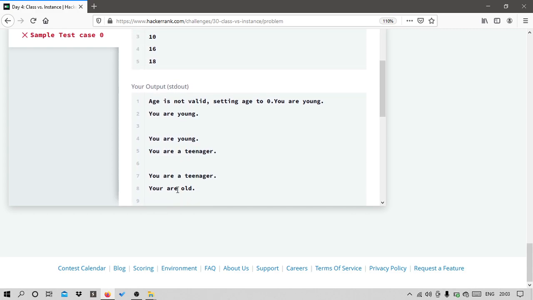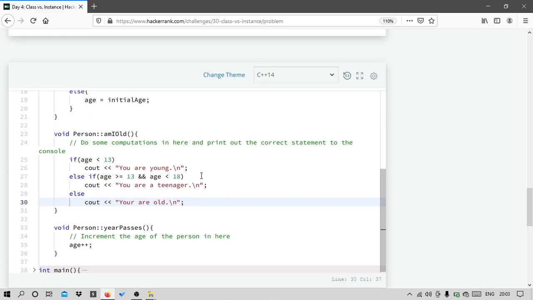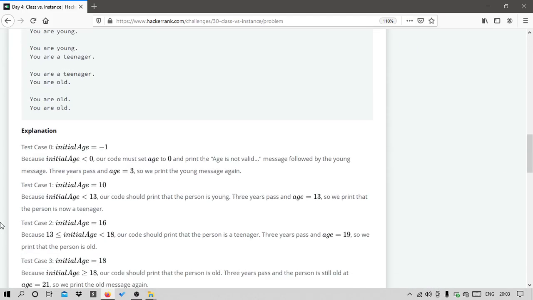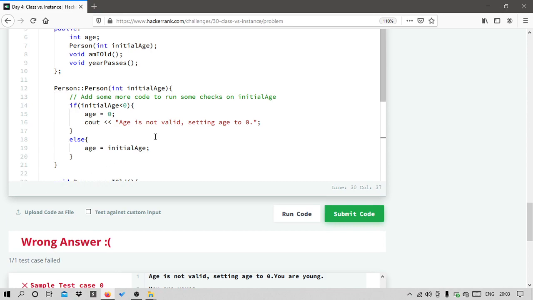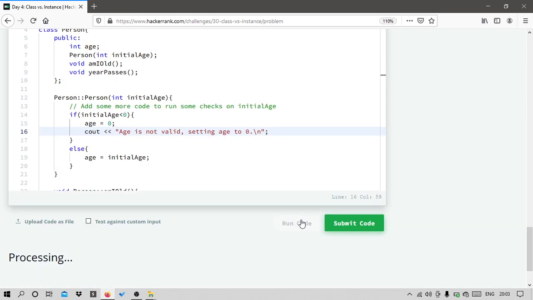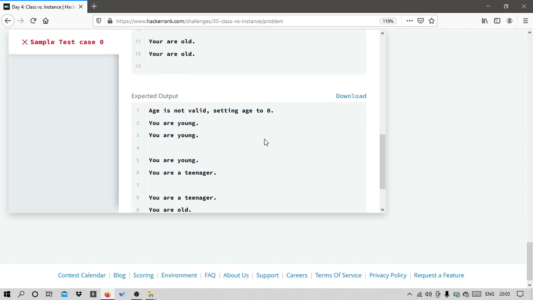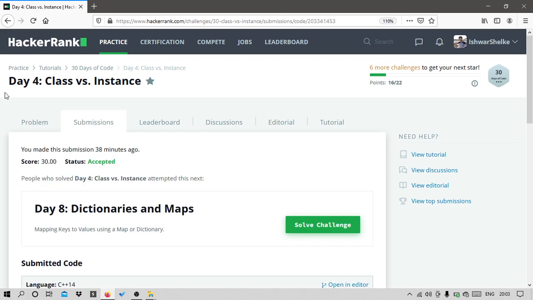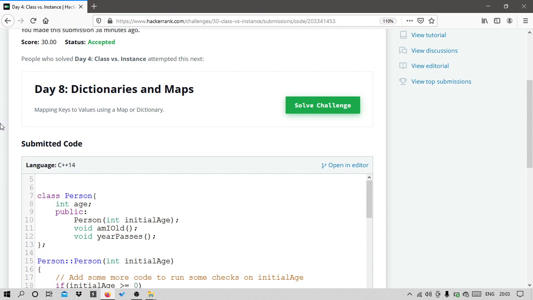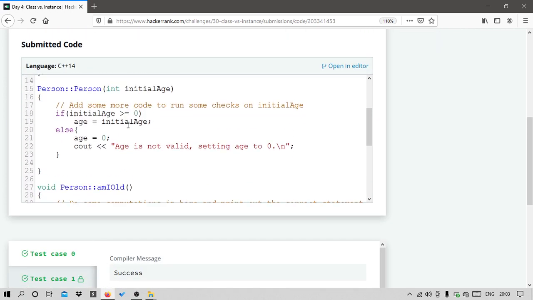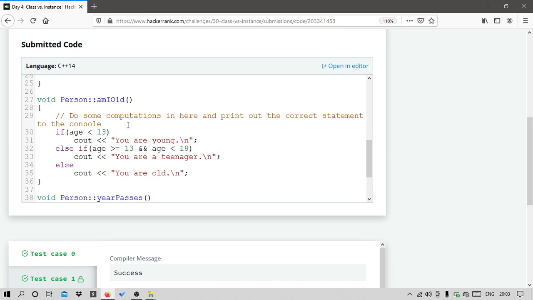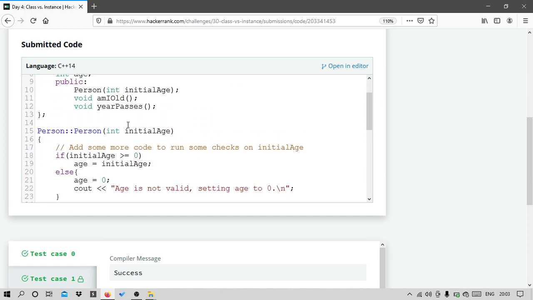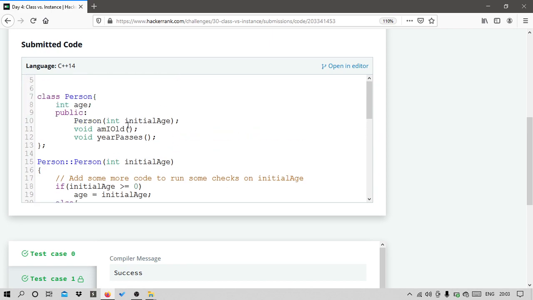What's wrong? My bad. Let me check it from my previous submitted code. Okay, got it.